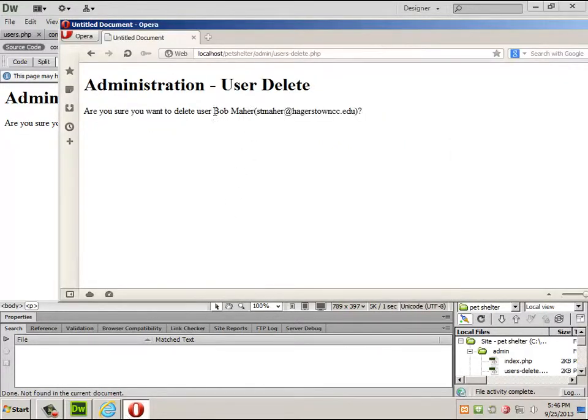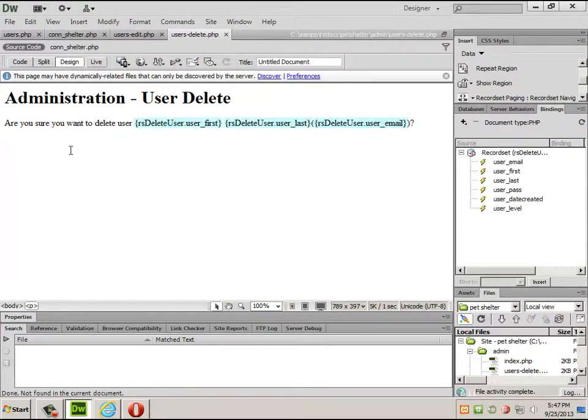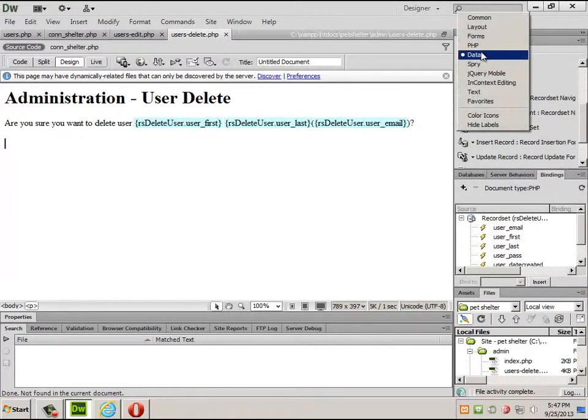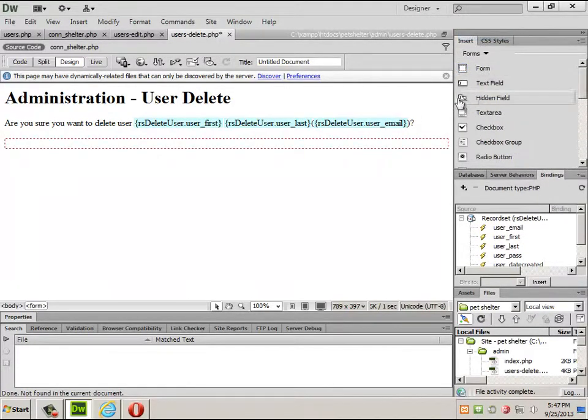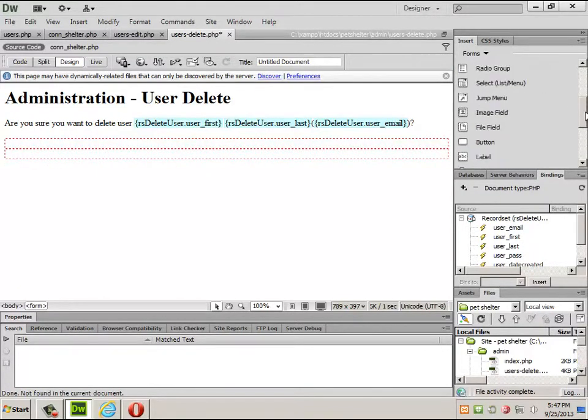There we go. So we can delete me, who I'm now Bob Marr. And now I get to tell it yes or no. So I'm actually going to drop 2 forms onto the page. Under forms, the bottom one's easy. The bottom one is going to be